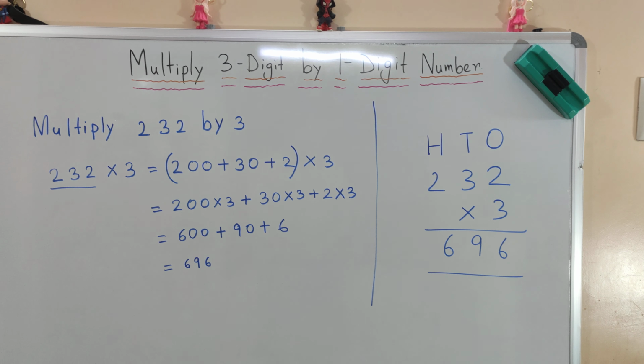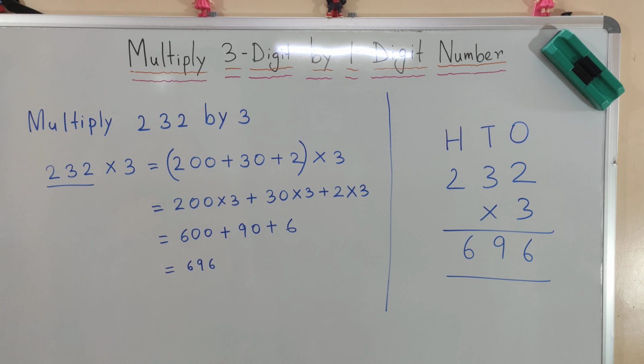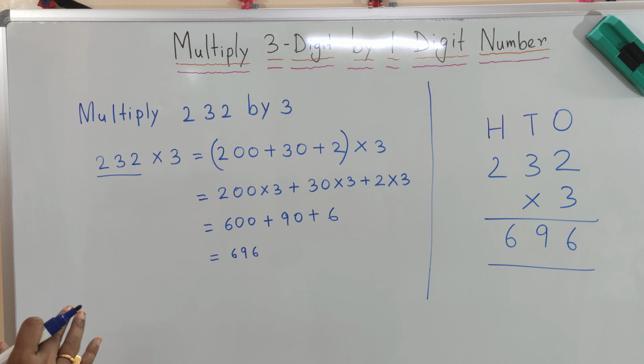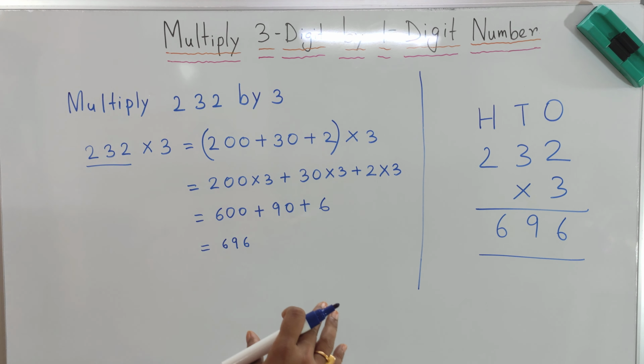This is how we multiply a 3-digit by a 1-digit number using the expanded form of the multiplicand and the multiplication using